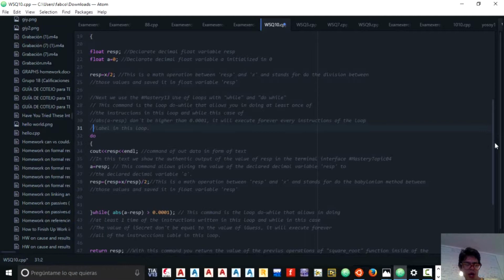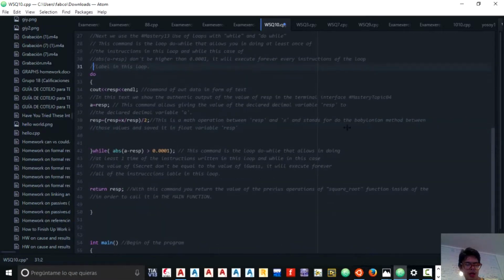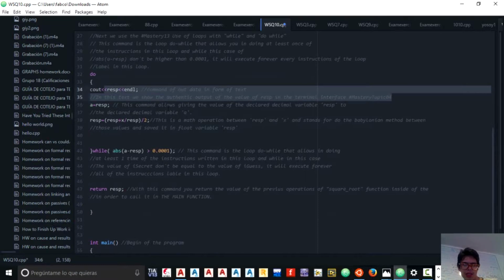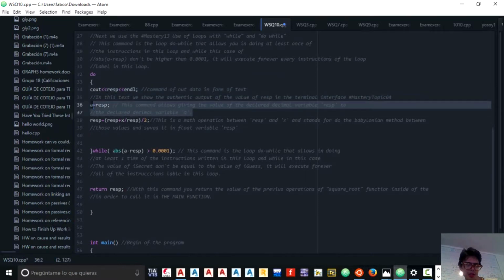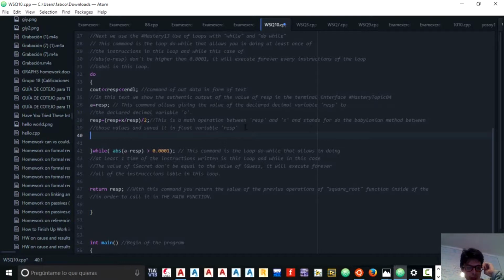Inside this do while, I have a command that outputs text, which shows the value of resp in the terminal. Then we have a command that gives the value of the declared decimal variable resp to the declared decimal variable a. Then we have an operation between resp and x, which is the Babylonian method between those values, and save it in the float variable resp. Then we have the condition of the do while, which executes the instructions at least one time, and while